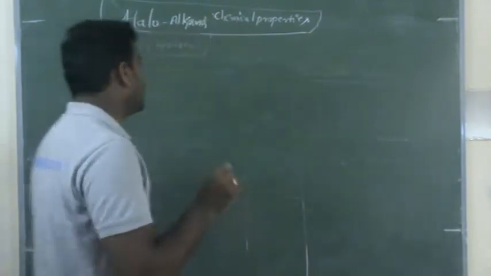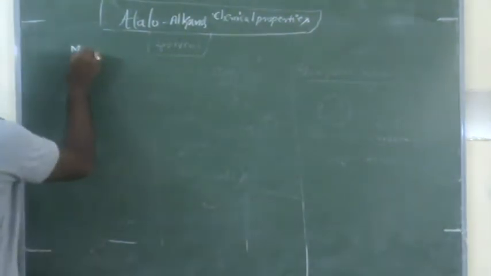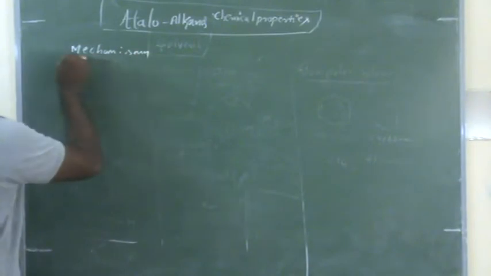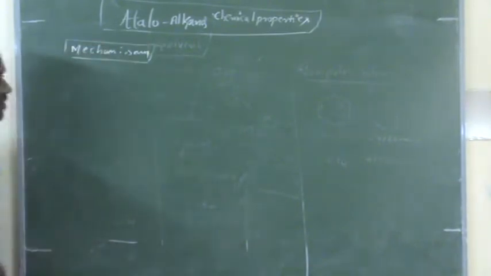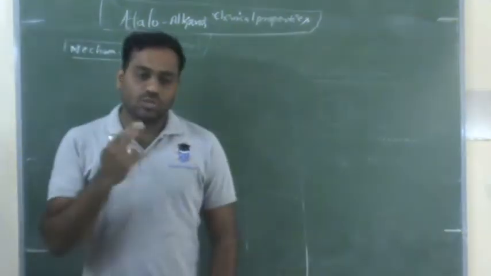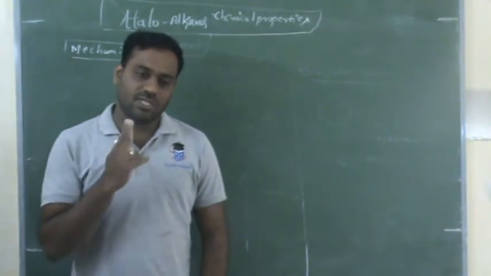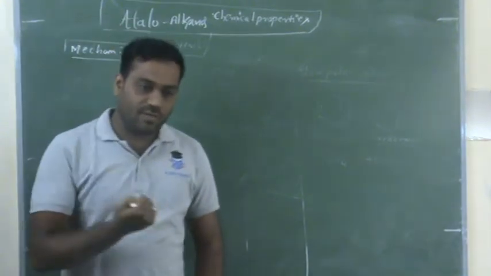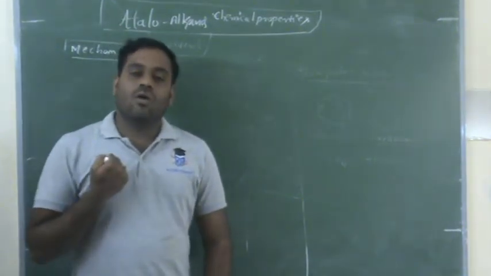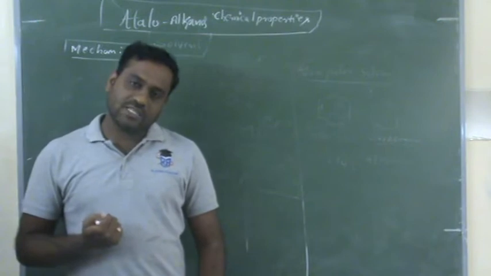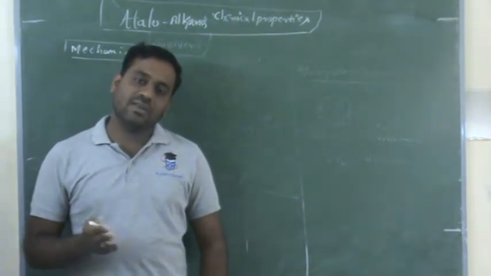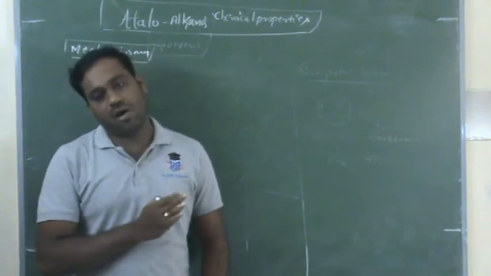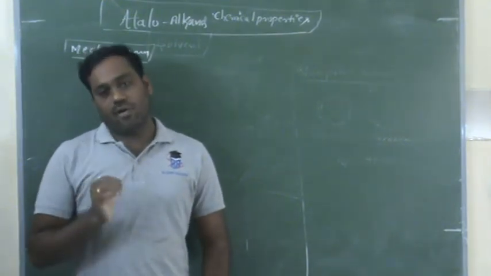That is very important. Always a very important question: the mechanism. A possible question for the PU examination is: write the two steps mechanism of conversion of tertiary butyl bromide to tertiary butyl alcohol. Now we discuss that. What is the SN1 reaction? The SN1 reaction is nothing but conversion of tertiary butyl bromide into tertiary butyl alcohol.